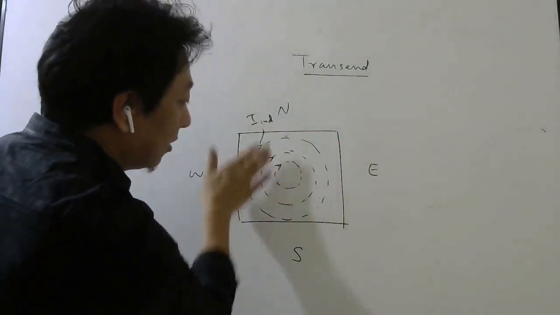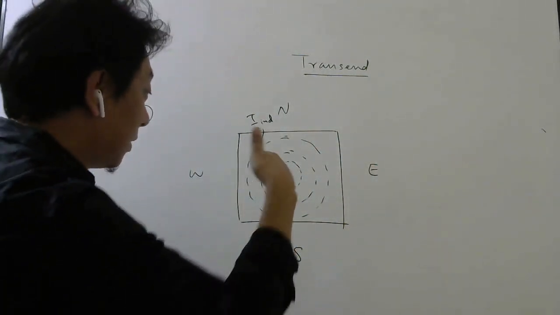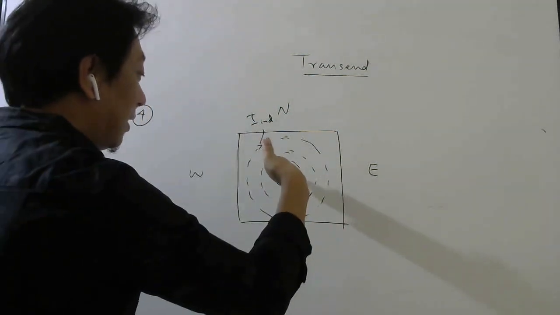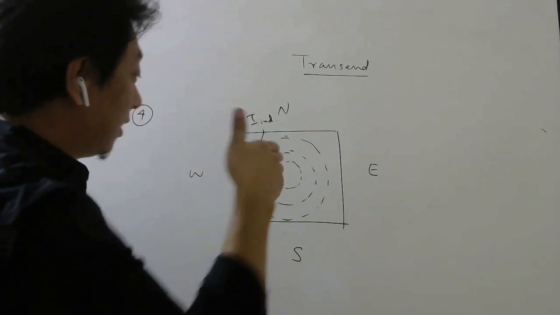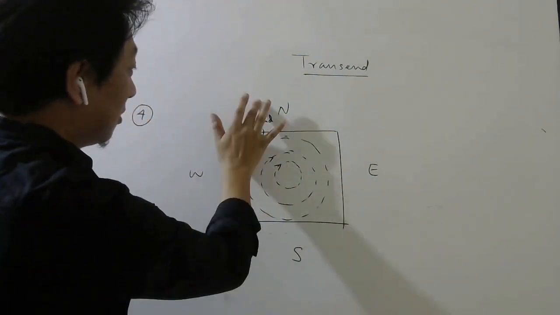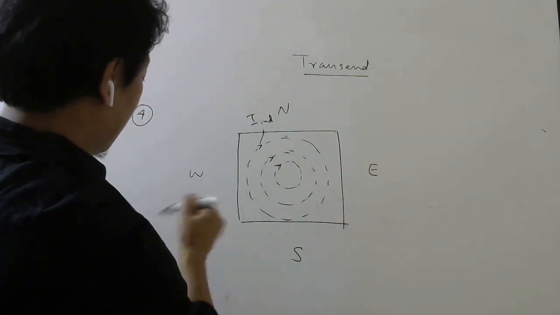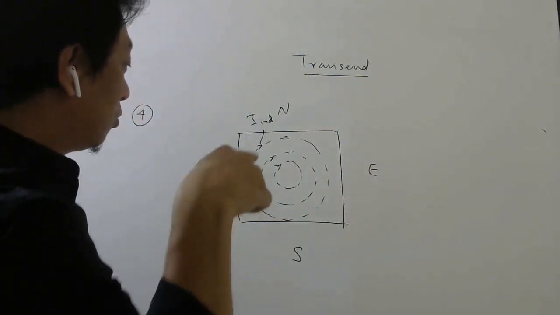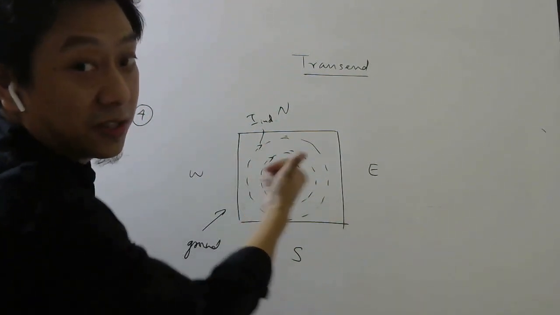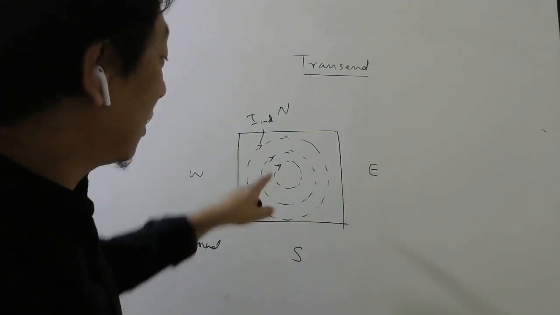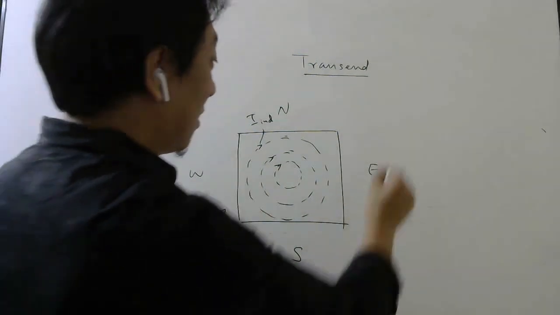Then it would be parallel to the plane. It has to be perpendicular to these areas. So it is very clear, it will be either in or out. If it is in, it is towards the ground, because if this is east, this is west, this is north, this is south, this is ground. This plane is ground. So it should be either towards the ground or towards the sky. So what we will do, we will assume one and then see whether we get the right answer or not. Okay.